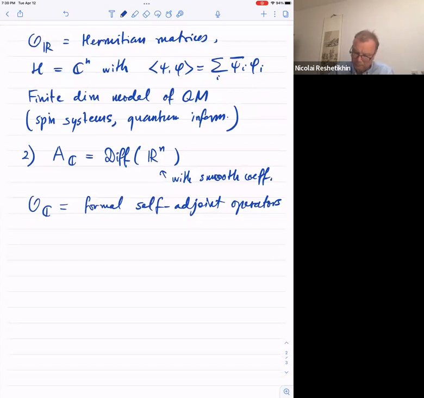So, for example, if n equals 1, these are the differential operators of the form sum over